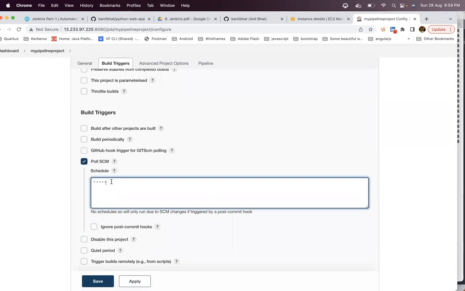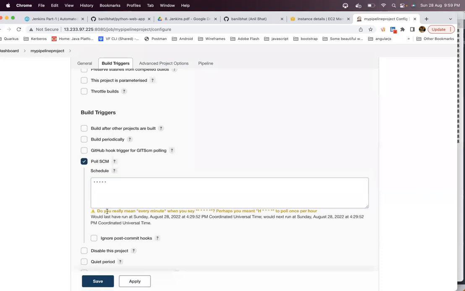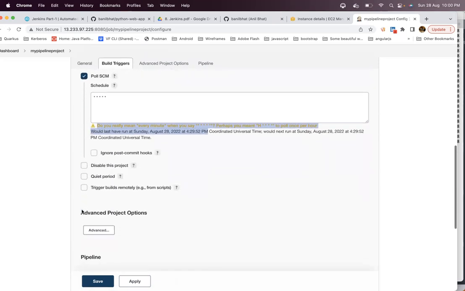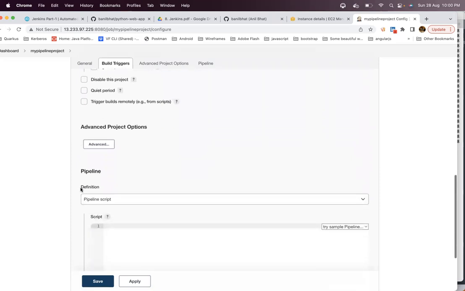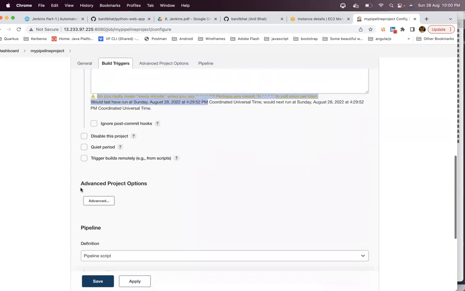This is already there. You can actually learn about different syntax of scheduling it. So this one is warning you, saying, do you really mean you want to schedule it for every minute? I say yes, I want to do that. It will actually start polling every 1 minute. After that,